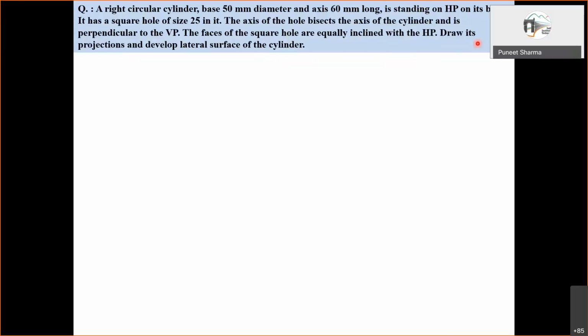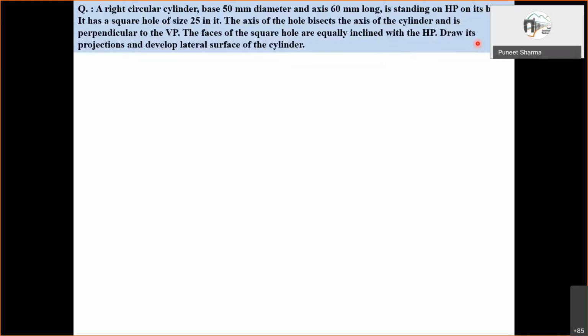Okay. So the easiest thing is that if we are looking at this hole from the front, it will look like a plain square in the front view. So we'll have to draw it like that. Then additionally, the condition is that the faces of this square hole are equally inclined with the horizontal plane.